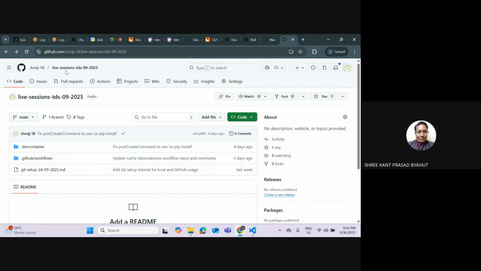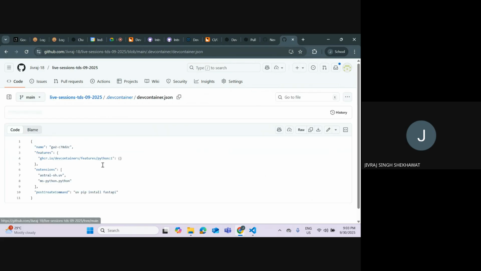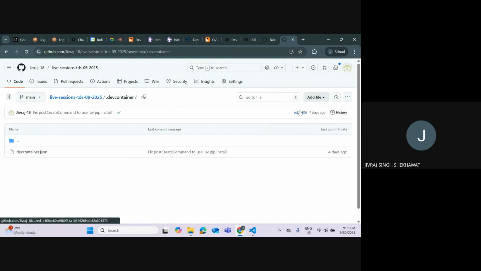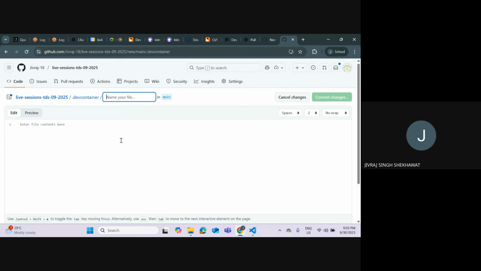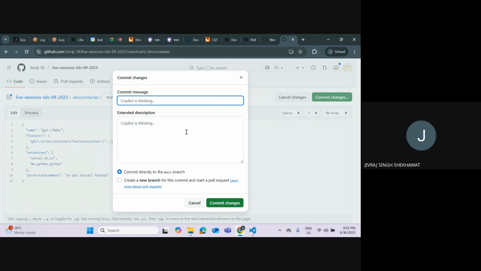So how to work on this? In a repository, it can have different containers. Okay, so it can have different JSONs. Like if I add one more file over here, and then test.json, something like this. I need to change this bit to GA, let's say 3. If I commit this,